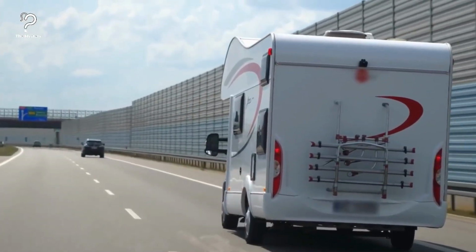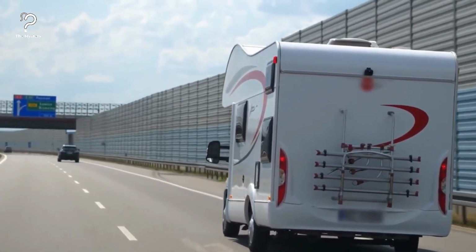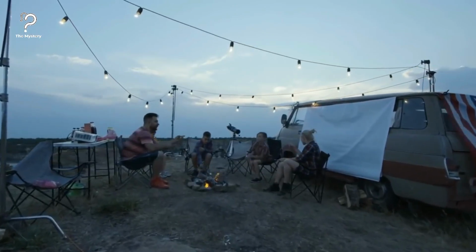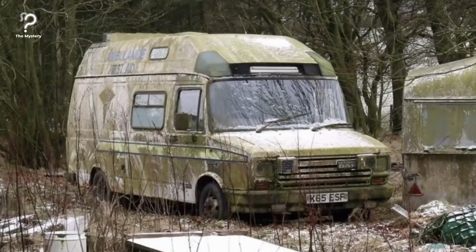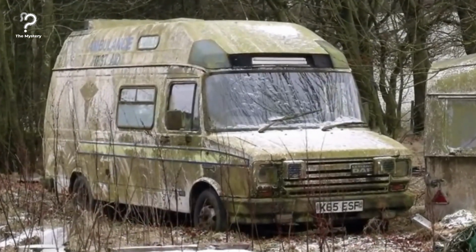They aren't meant to travel the world with designer parts in the back. However, that doesn't always stop people from trying. With the right skills and tools, an old truck or bus can become the coolest ride in town. When one Texas man came across an old retired ambulance, he gave it a new lease on life, one that